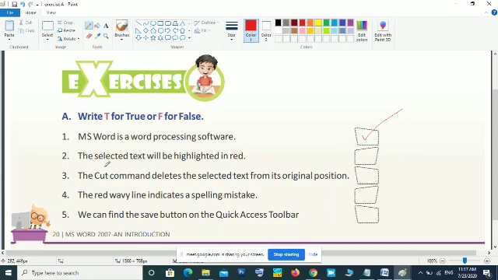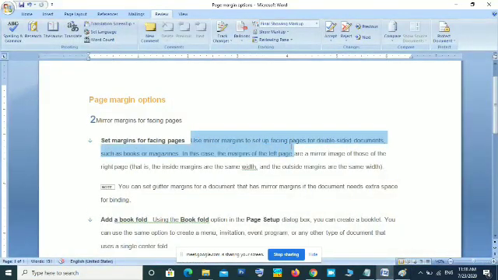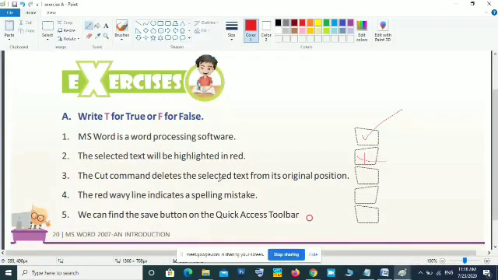Then the second one, the selected text will be highlighted in red. Selected text is highlighted in a bluish color. Now you can see selected text is showing a bluish color, highlighted or reverse video. So that is wrong.